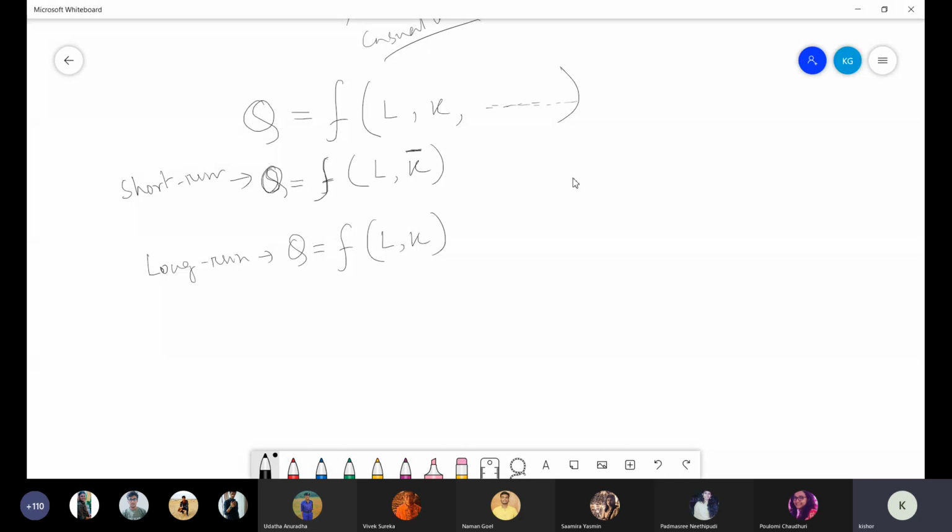Say I'm giving you an example. Your output depends upon what? Capital is at a certain level, fixed. So quantity produced mostly depends upon change of labor. So one production equation may be minus L cube plus 15 L square plus 10 L. Means output is dependent upon labor. L represents here labor, how many labor you are using. This is a representation of your variable input.